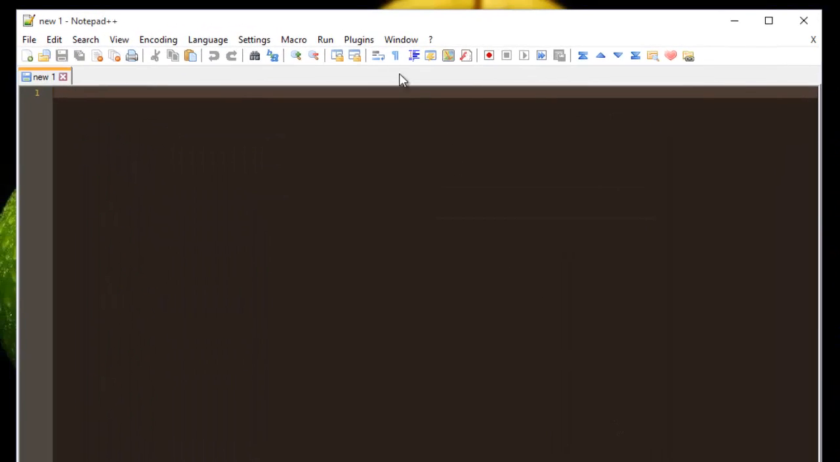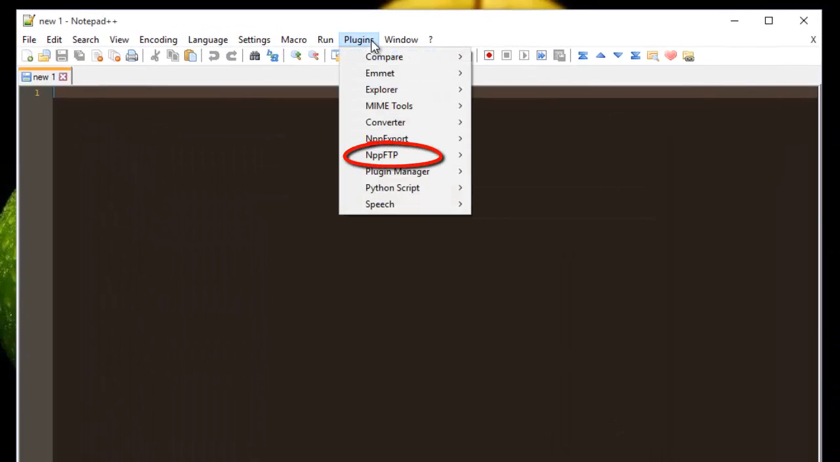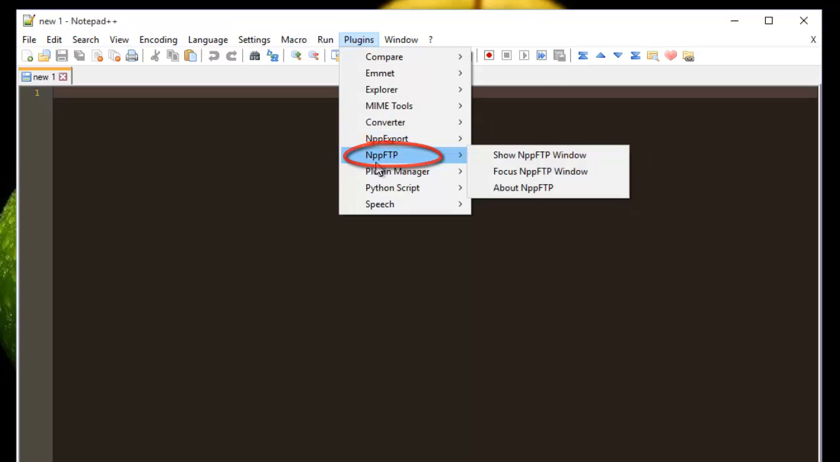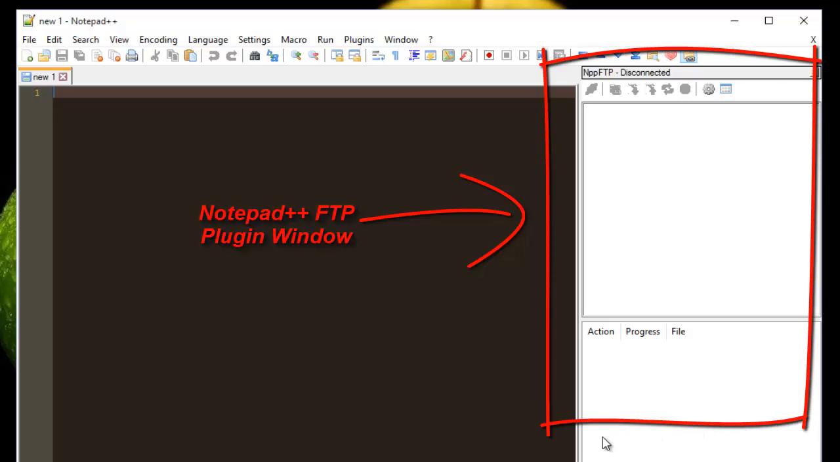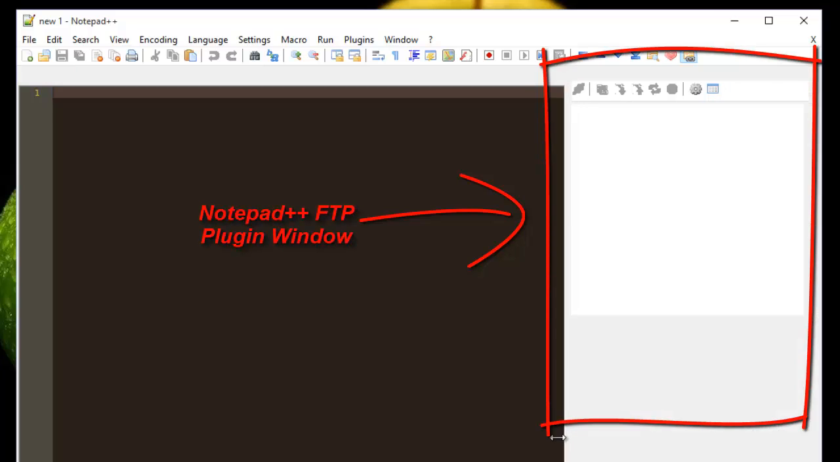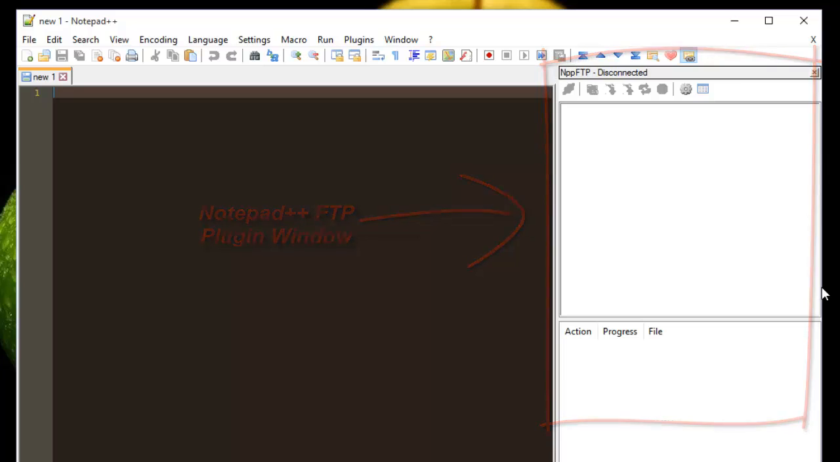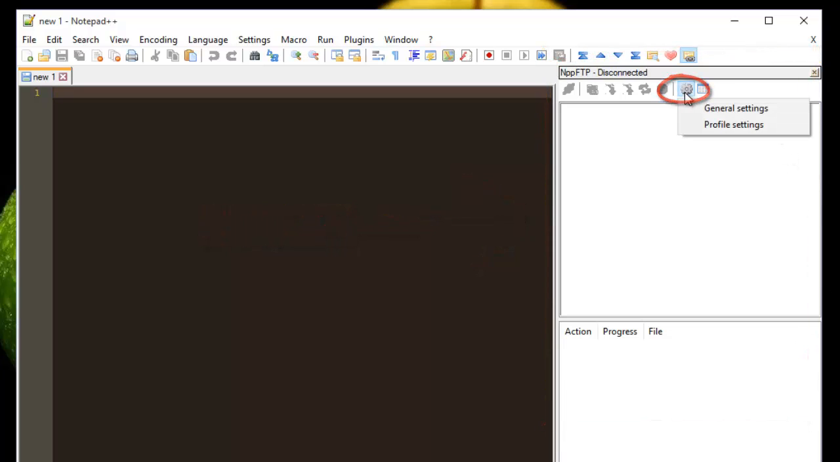Okay, so now we are using Notepad++ in order to connect to an FTP server. So I will go to my plugins menu, then Notepad++ FTP plugin, then show Notepad++ FTP window. As you can see here on the right, a new window has appeared. So I go to this little gear here, I click on it, then in the profile settings,